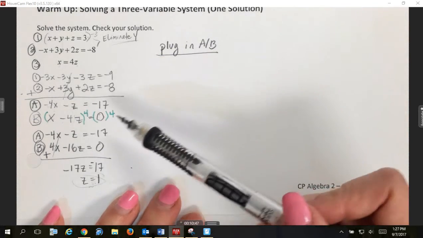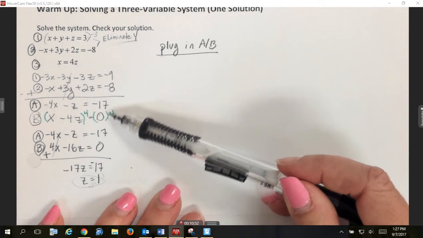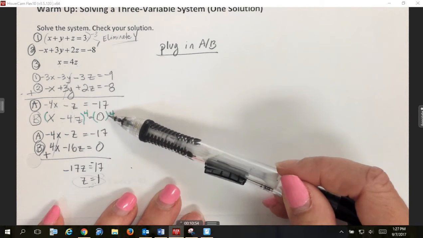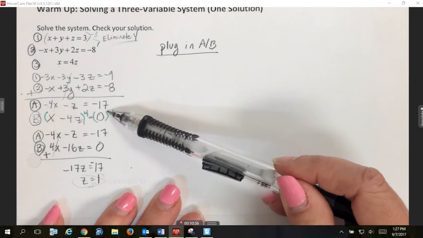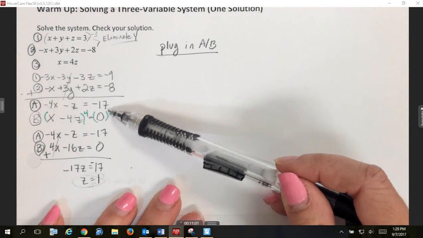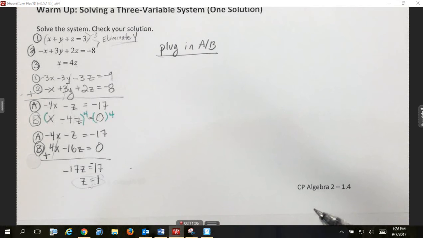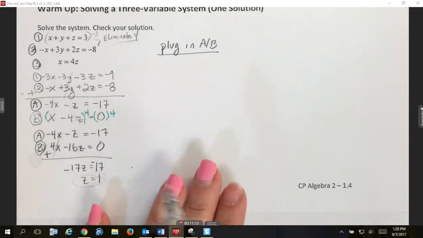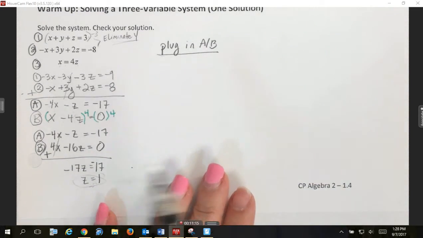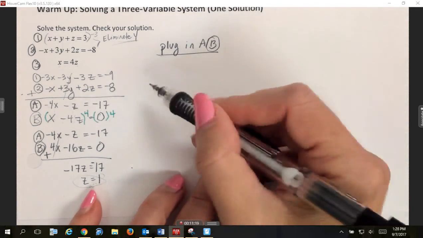So which one would you like to plug z equals 1 into? Look at your A and your B equation. Which one looks easier to solve? It doesn't really matter. I'm just trying to make it as easy as possible. Does it look easier to solve the one that has a negative 17 or a 0? Let's plug it in B. There's not a wrong answer. You can do either, but